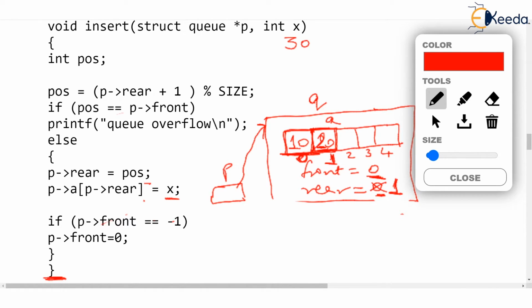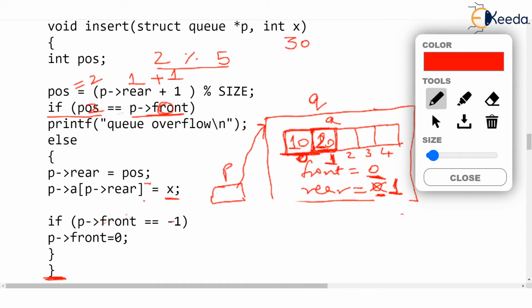What will happen? Obviously, pos will become rear plus 1. Observe rear in the box. Rear is 1. 1 plus 1, that is 2 % 5. Size is 5. 2 % 5 is 2. So position of insertion is 2. And position of insertion equal to front is false. Front is still 0. Position is 2.